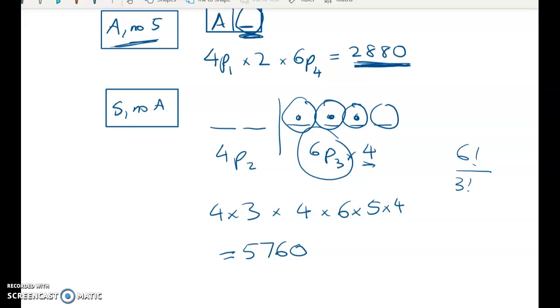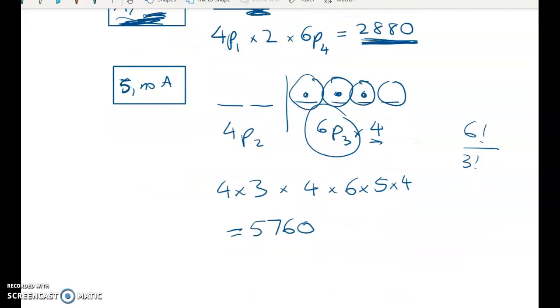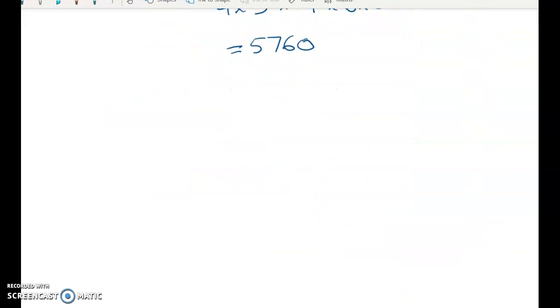So if you're going to do the scenario method, it's really important that you label what you're doing, right? So something like what I've done here with 5 and no A and no 5. The examiner's report said that a lot of people got confused about whether the A scenario included a 5 or not. You really need to break it down into the 3 cases. So when you add those up, not surprisingly, you'll get the number that we got earlier,